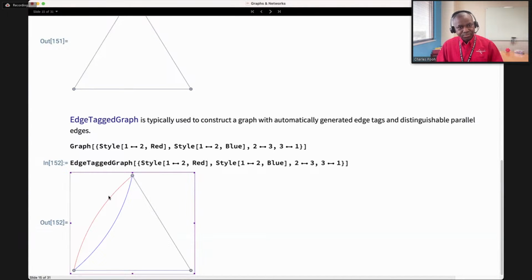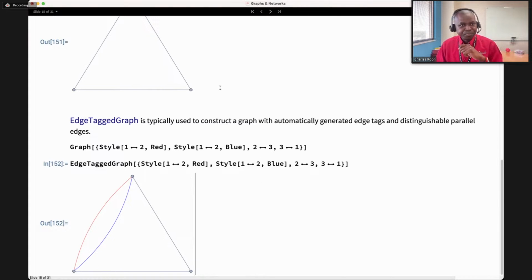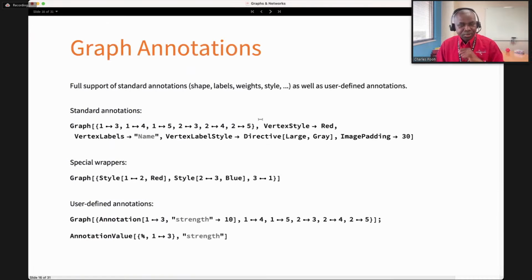This one is drawn in red, and this one is blue. So edge tags are what you want if you want to play with multigraphs and make sure that you can distinguish or pinpoint every edge which is parallel. Okay,